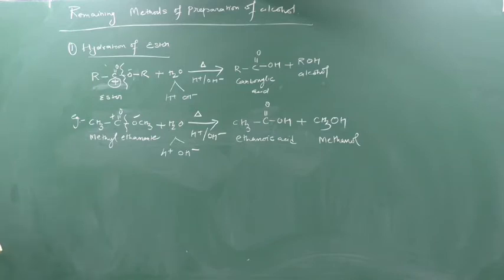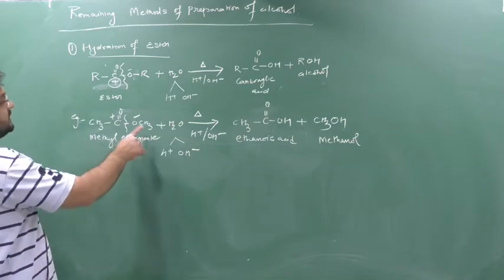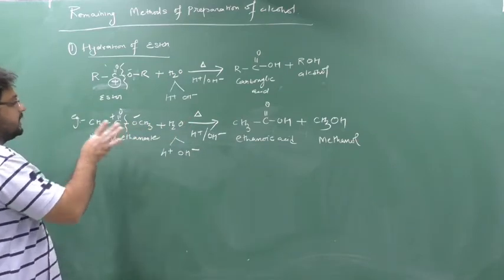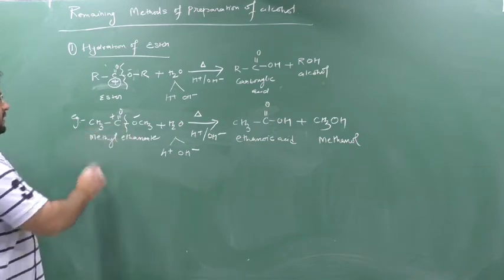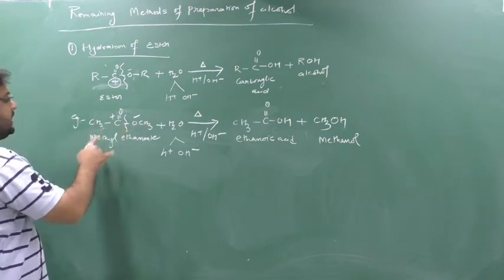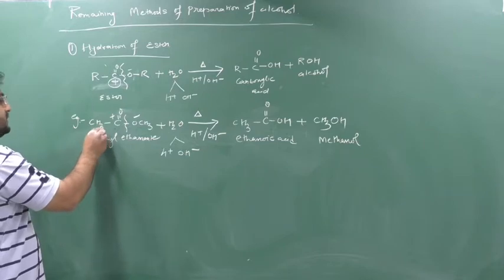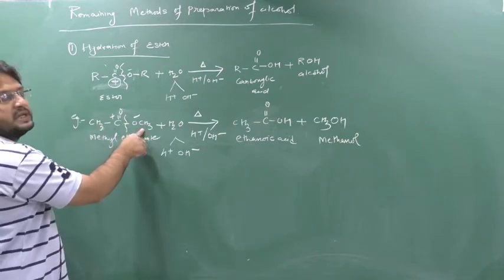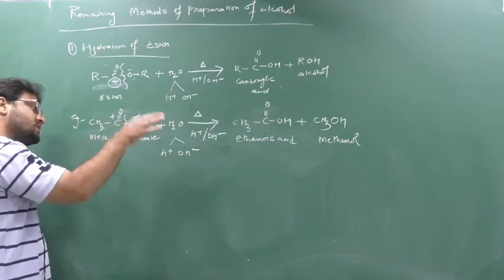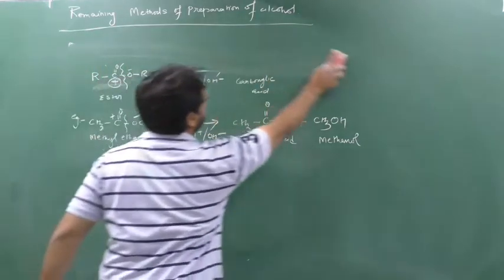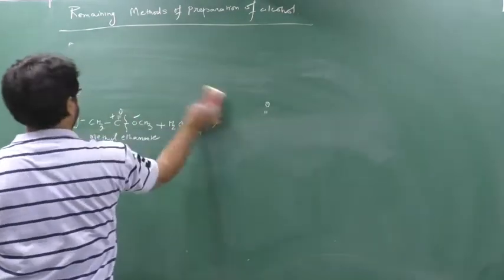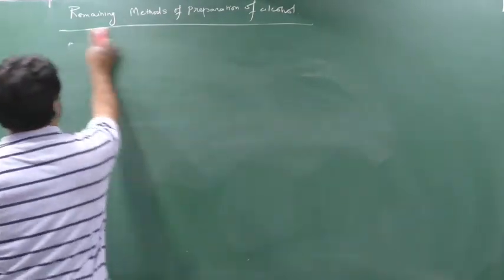Okay. Here, whatever the R may be, suppose here there is CH2CH3, then also splitting will occur in this way only. There is no rule about whether the carbon is symmetric or asymmetric. You see here also one carbon, here also one carbon. If there were two carbons here, suppose instead of CH3 it was CH2CH3, then also splitting occurs in the same manner. Clear? Take a screenshot. It's very simple. Okay, so next I will go to the next topic.